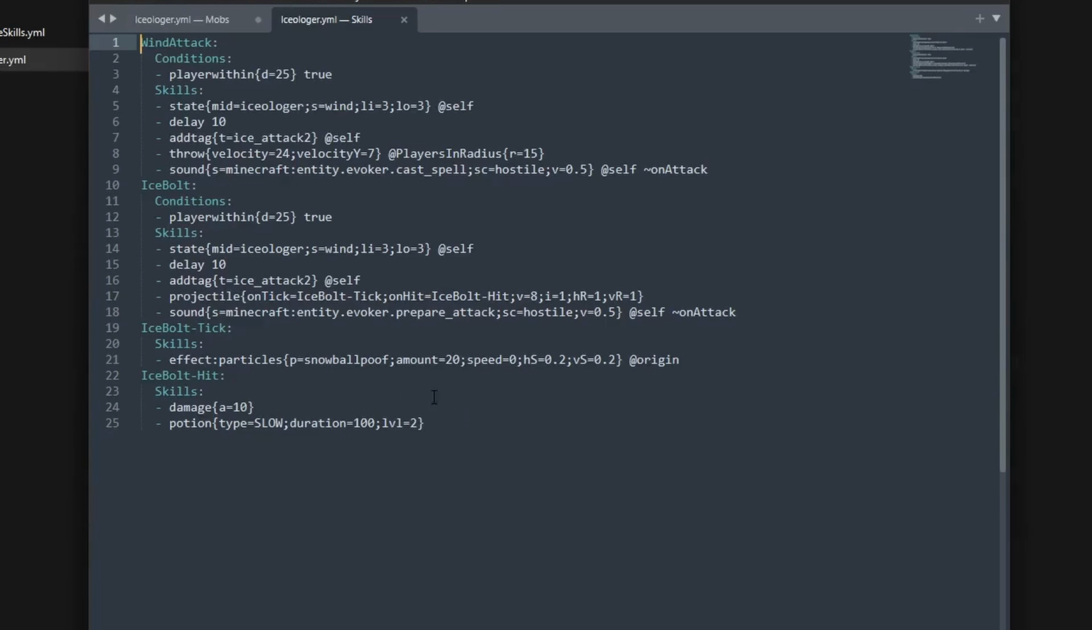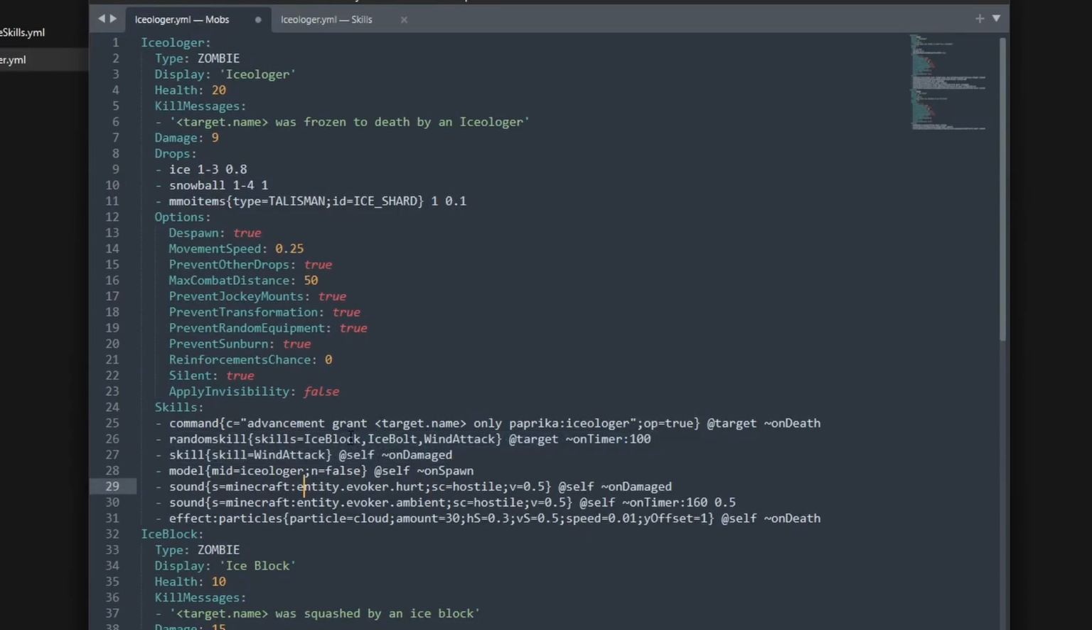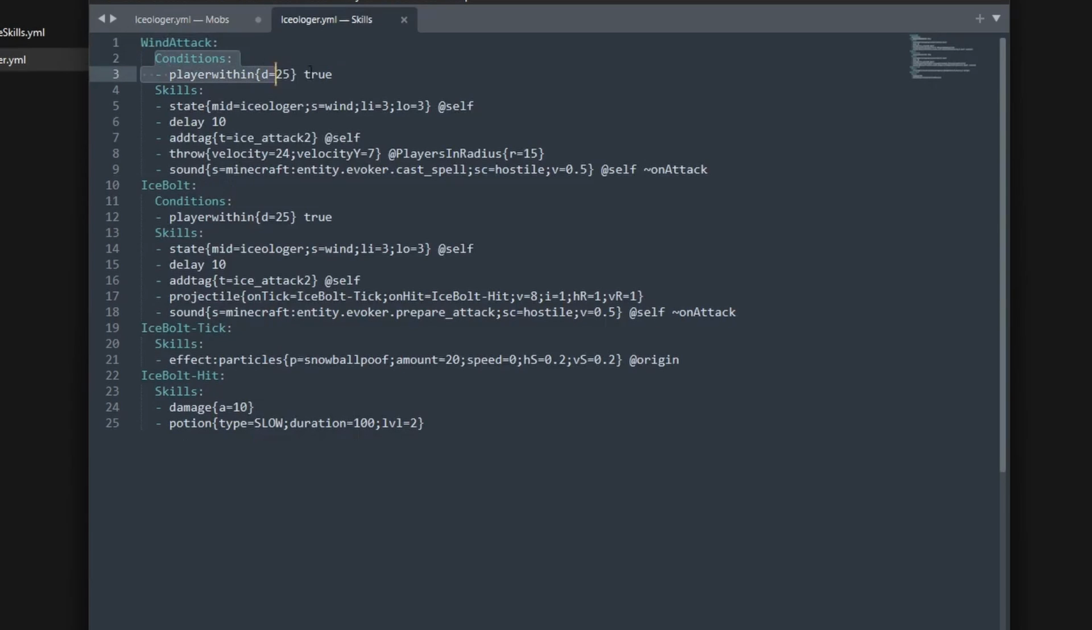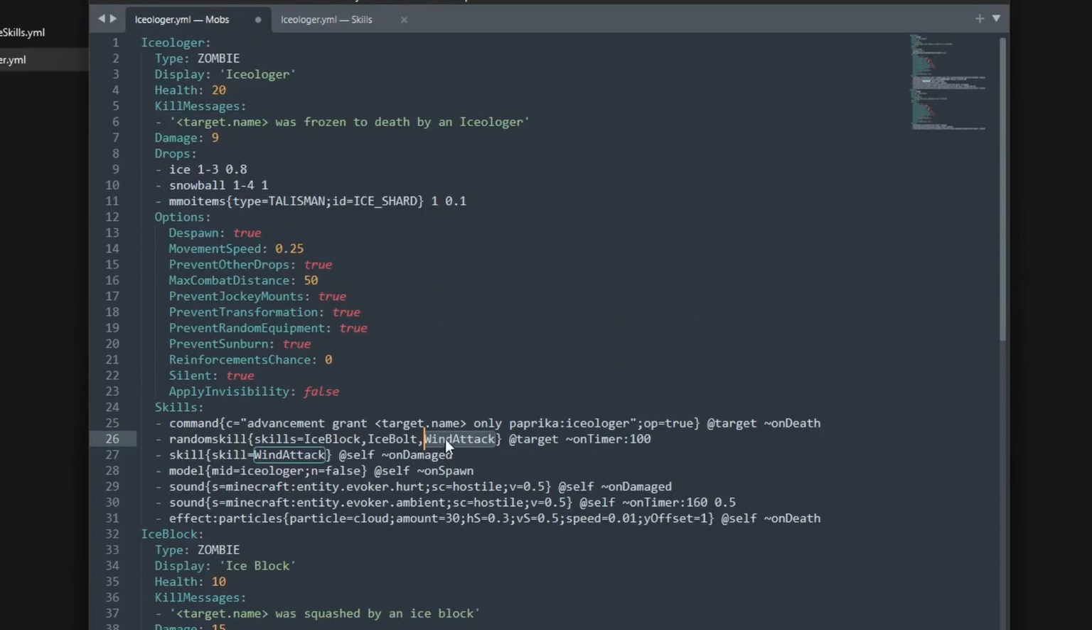So let's go out of mobs and into the skills folder. I have my Isology here, and these are the skills that I have. Just like with the Isology, you have to give them a name, and this is the name that you will be calling them by. As you can see, wind attack is also wind attack here. And skills are nice because you can put, for example, conditions, so only when the player is within 25 blocks. And then you can do a lot of things just from one. So, for example, what I'm doing here is I am calling a random skill from these three to the target, which is just the player,